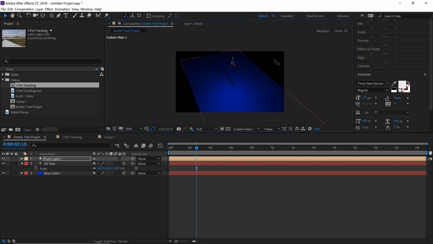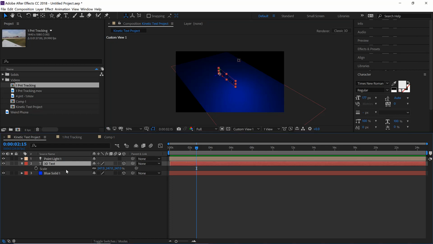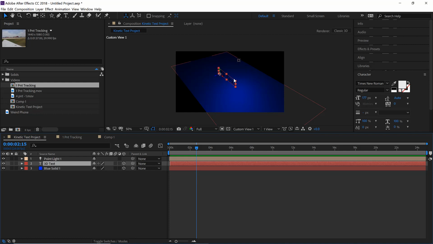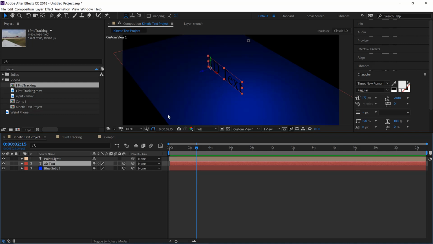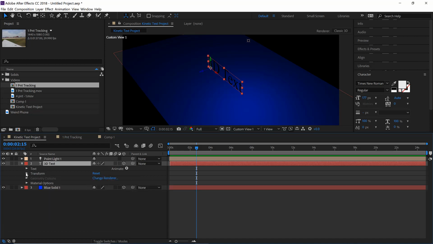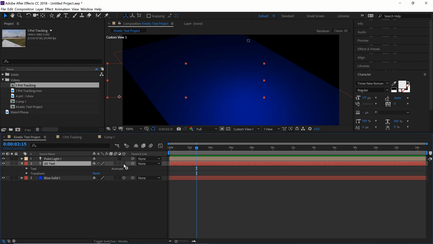So even though my light does have shadow on it, the problem here in terms of why I am not seeing shadow is that the text itself also by default does not cast shadow. So in order for me to get that text to cast shadow, I need to unfold this, and you need to keep in mind that we only see the cast shadow option when we have the text or the objects in the 3D mode,